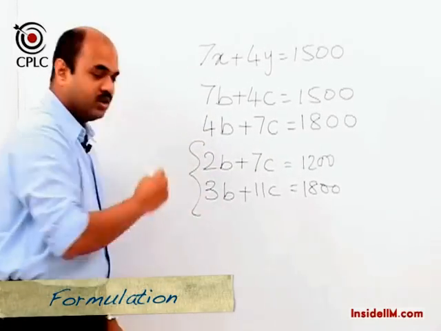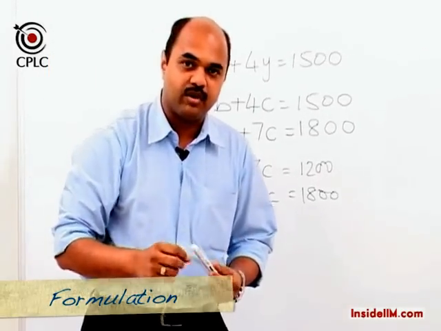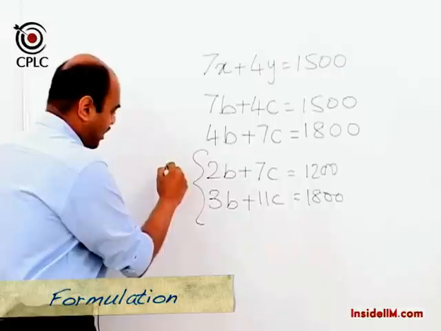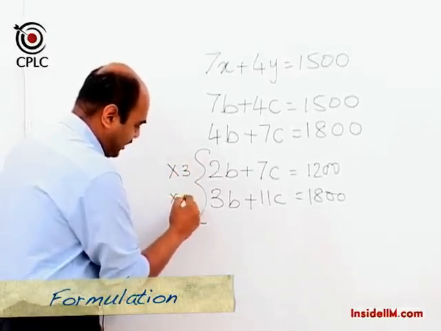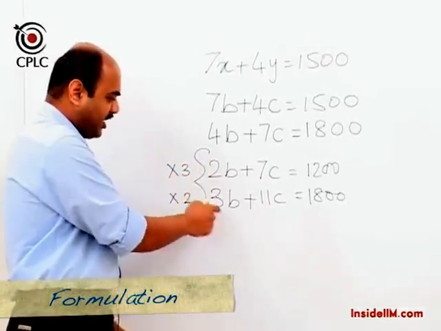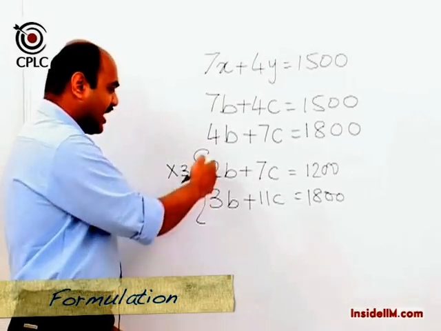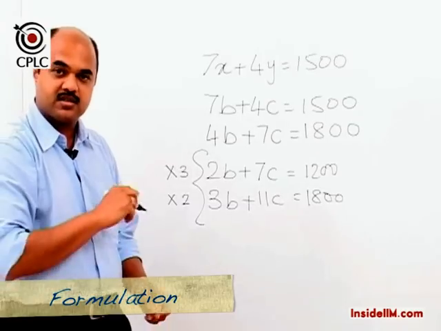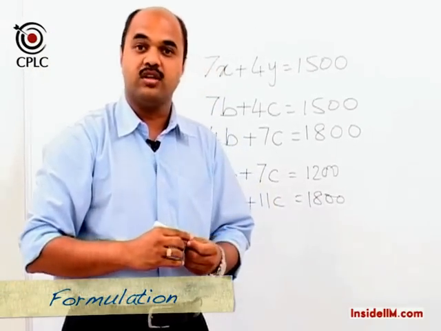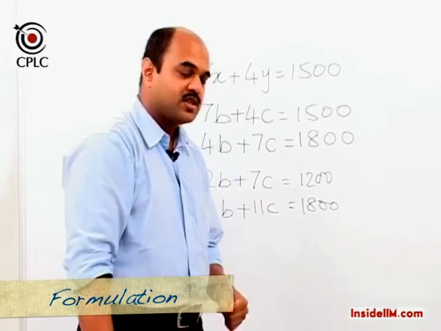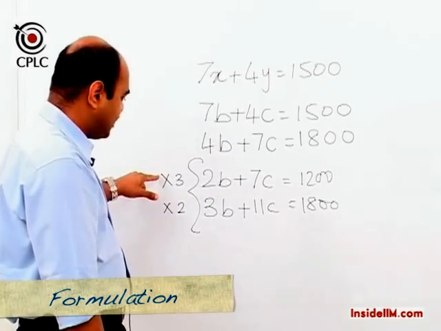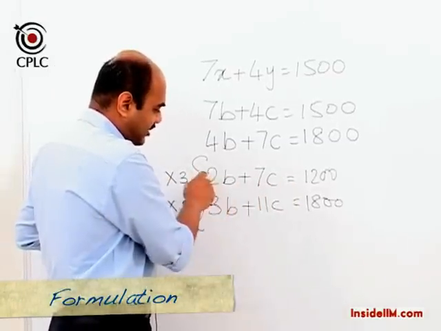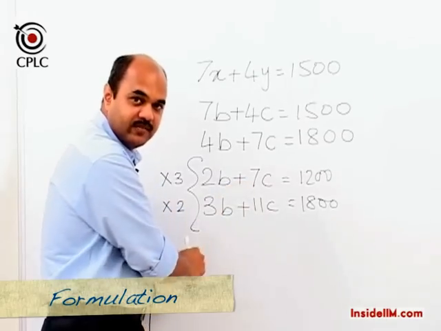Now if we want to solve these two equations, and whenever we ask how do we move on, the standard answer is multiply this equation by 3 and this equation by 2, so that the coefficient corresponding to B will become 6 in each case. Then we can move on and solve the equations. But my question is, how did you decide to multiply this equation by 3 and this by 2? Why not this equation by 11 and why not this equation by 7?